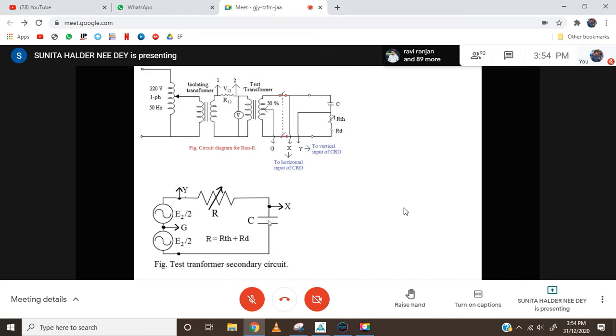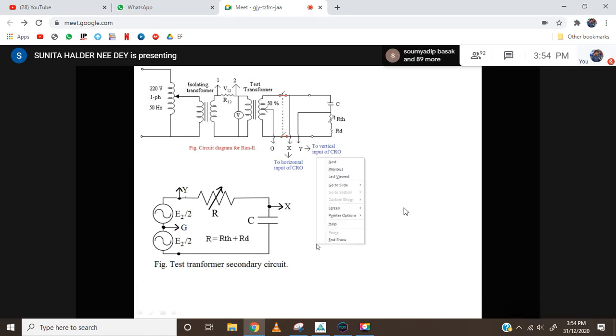So in this RC circuit, the point between R and C, no, it is drawn wrong, I think. This will be X, okay? This will be X, and this will be Y, right? This point will be Y. I shall correct this one later. This is not Y. Have I identified rightly now?